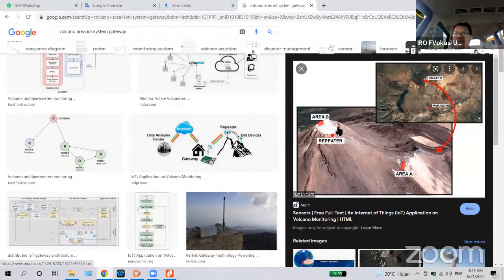And also, how about the constraint about communication? Because there is no communication here. There is no 4G signal here. There is no 5G, 3G. There is no signal here. So we need to choose another type of communication technology like LoRa. LoRa means long range radio. So we can transfer the data from one side to another side